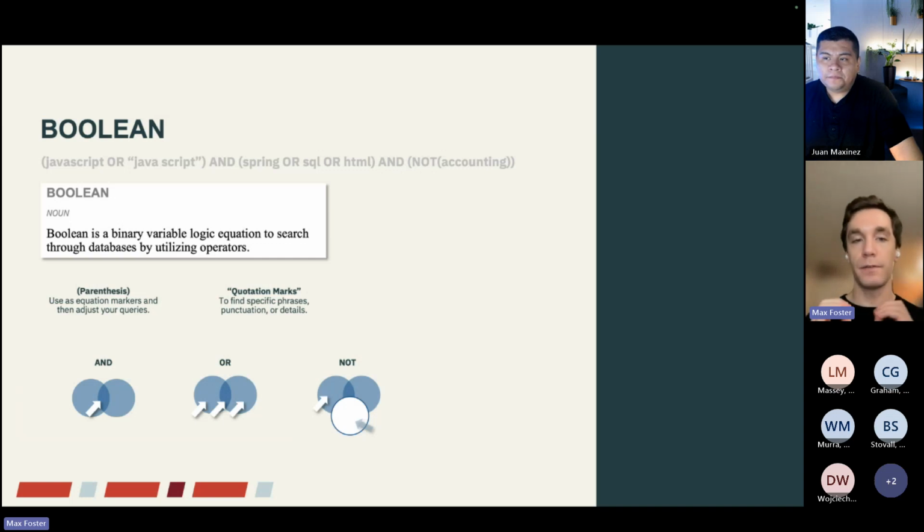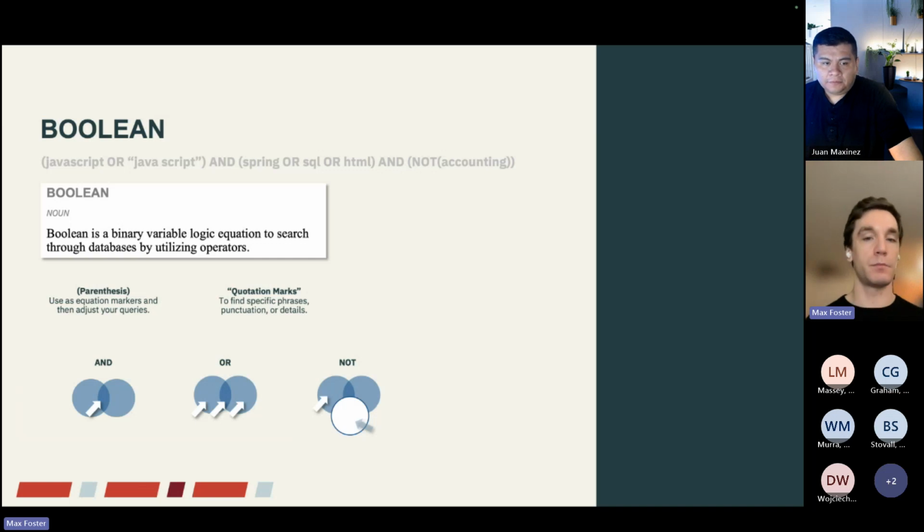The or function is going to be your best friend for mobile developers because there's so many words that are in very quick succession. They're all hyper related. So you're going to want to use those. And if you miss one, it's not the end of the world, but you might be missing out on some key candidates. So the or function is really powerful.